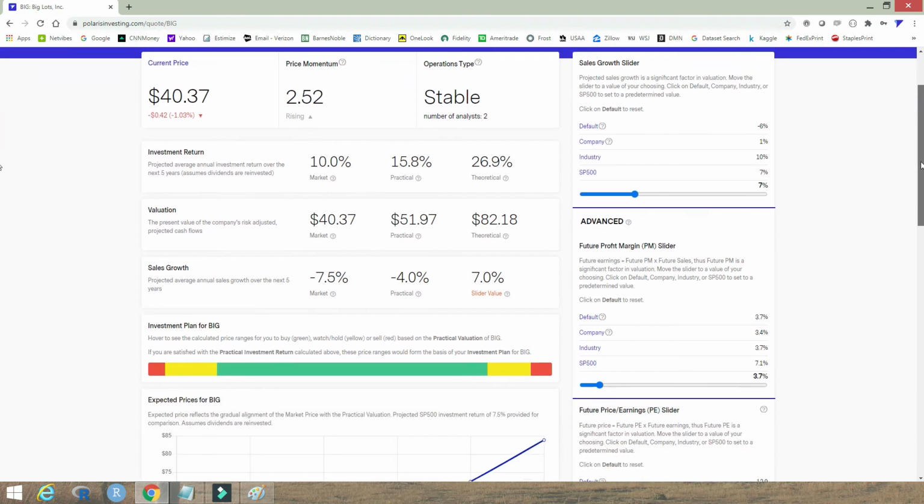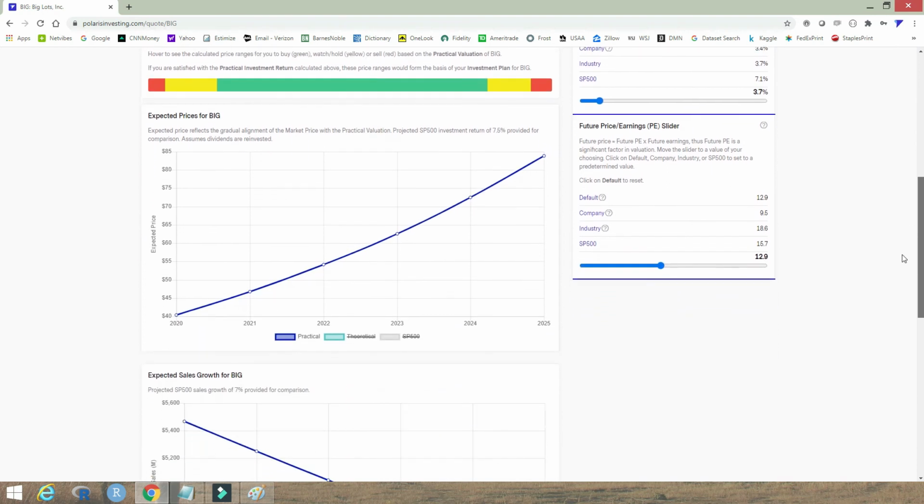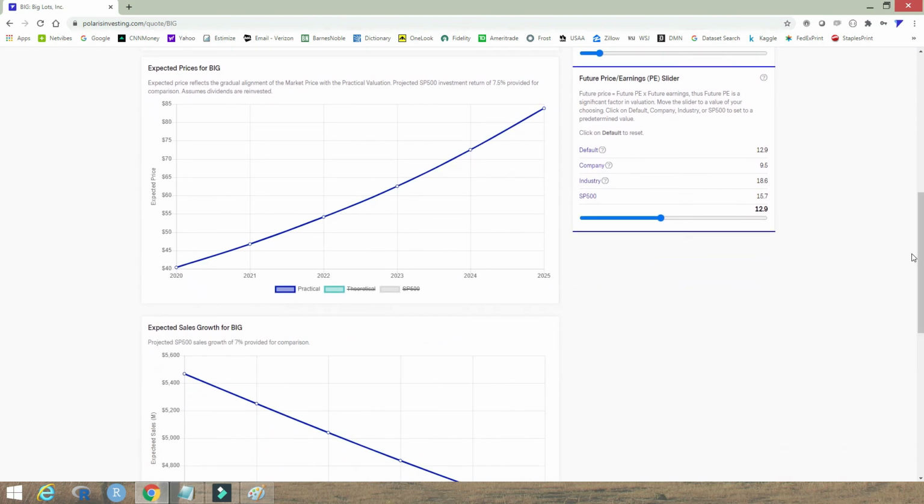But let's scroll down here and look at some other information that's available on this site. There are two main graphs. The first graph shows, based on how you have the sliders set and what the practical valuation is, what you're expecting in terms of overall investment return over time. So this is not just the stock price. This is also considering reinvested dividends and what your total investment appreciation is hopefully going to be over the next